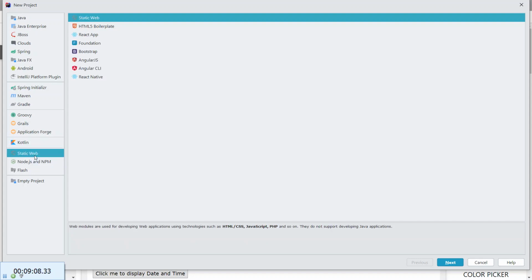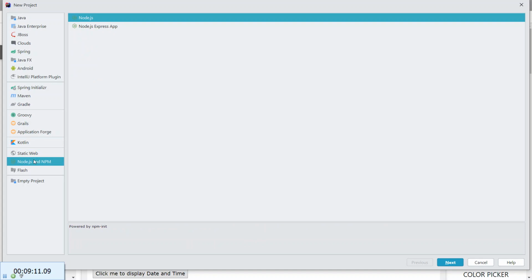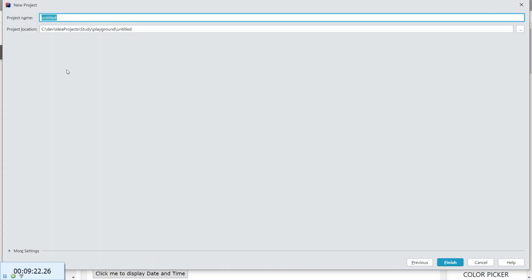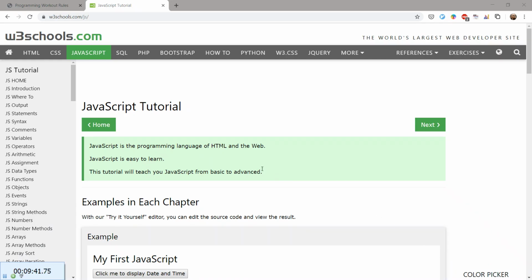Or maybe not. Because I will probably need to execute something on a web page. Tutorial goes through, right? So, okay, so I will do static web, next. So this will be called how? So let's do JavaScript playground. Yeah. Finish. And where is my window? So my window is